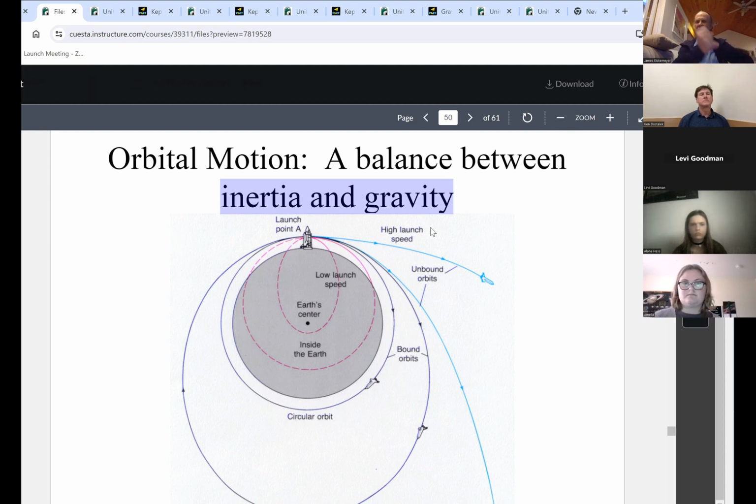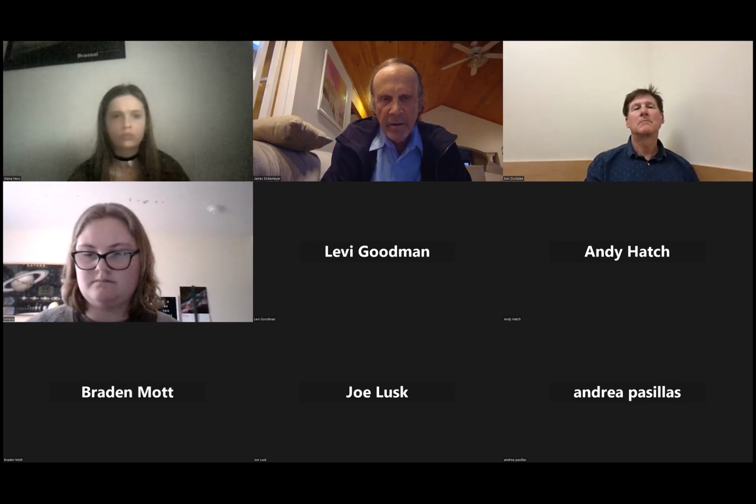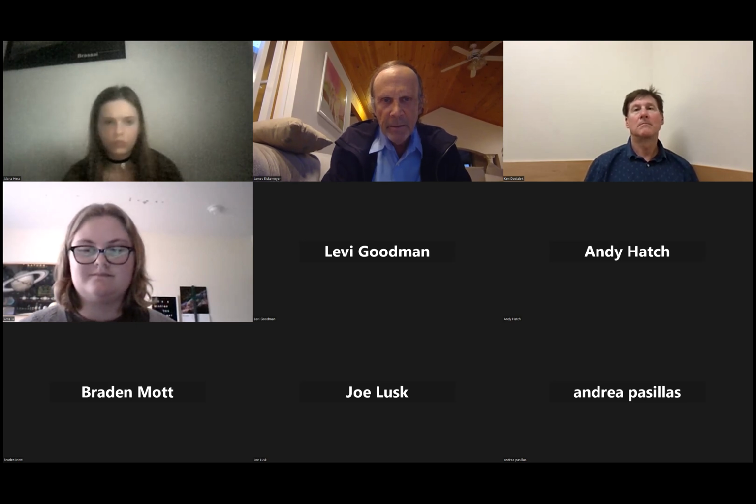This is why two stars orbit around each other. It's a balance between the falling motion and the sideways motion. The sideways motion tends to move you farther away without gravity, but with only gravity and no sideways motion, you tend to move toward. And so the net effect of both of those together is a combination of the two. And so let's say here